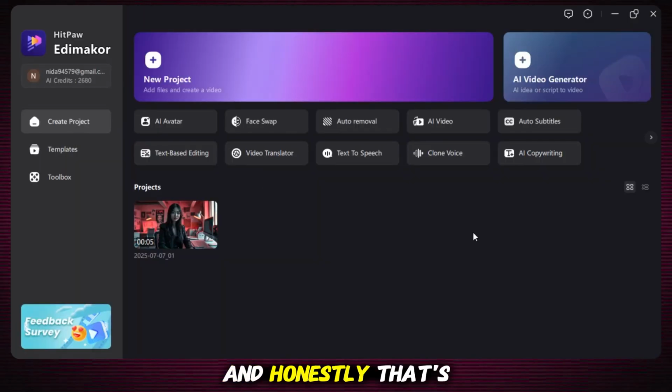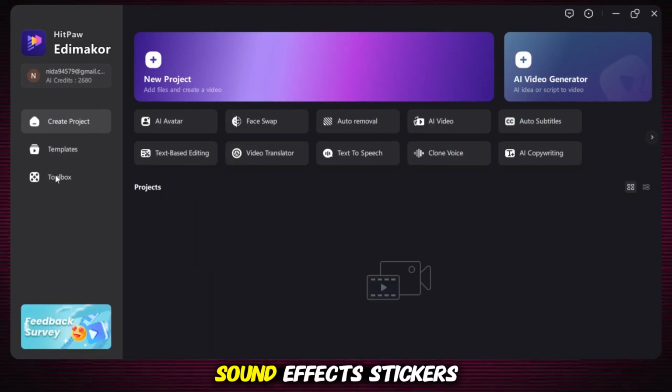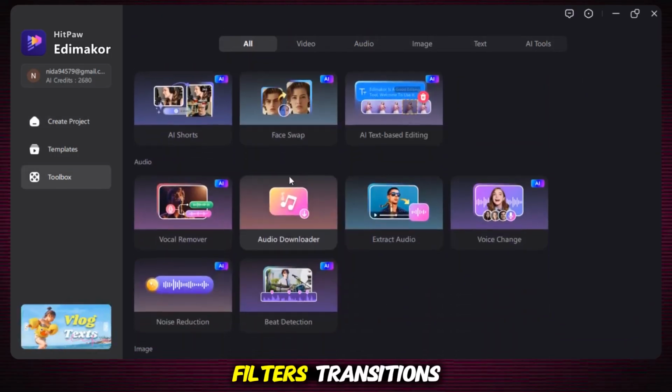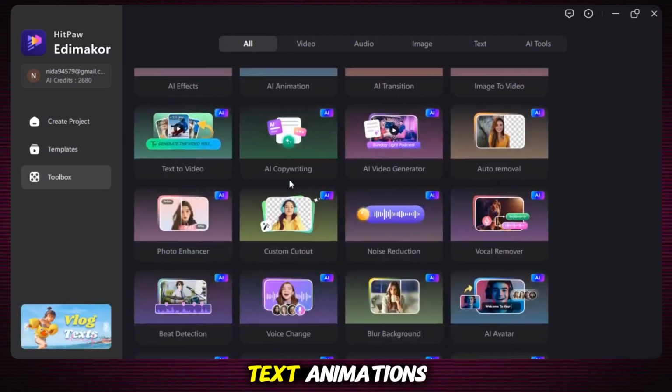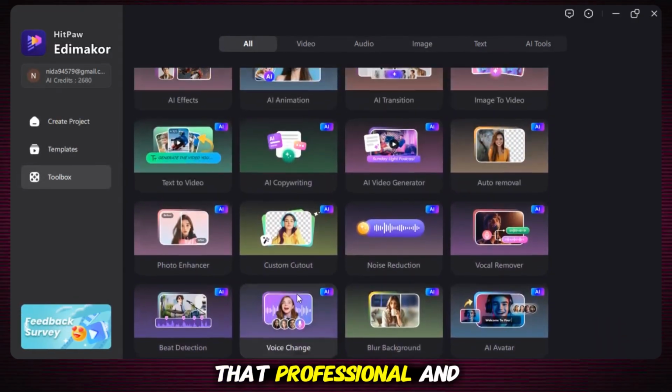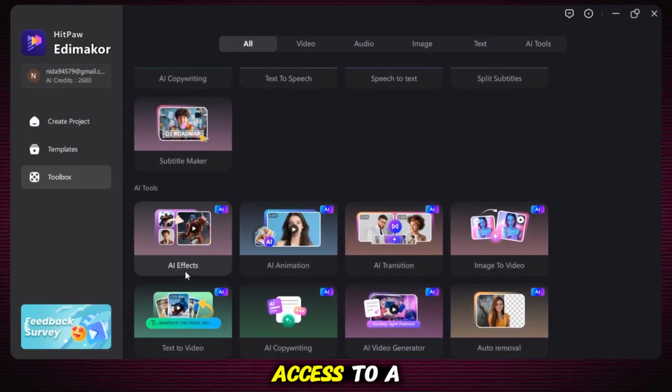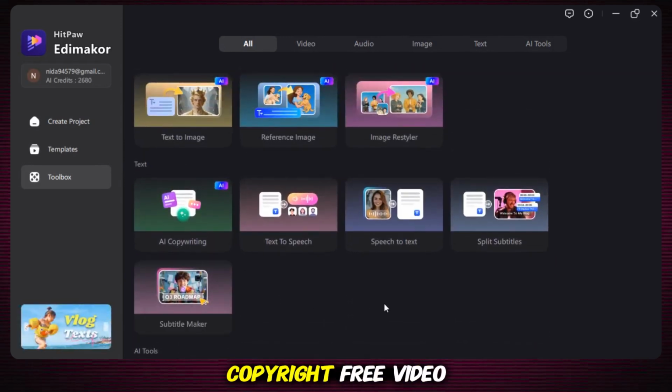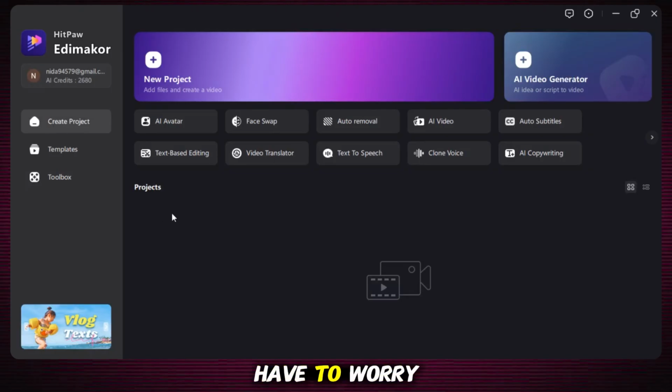And honestly, that's just scratching the surface of what this tool can do. When it comes to editing, it's packed with all the cool features you'd expect. Sound effects, stickers, filters, transitions, text animations, everything you need to give your videos that professional and creative touch. You also get access to a full library of copyright-free video clips, so you never have to worry about copyright